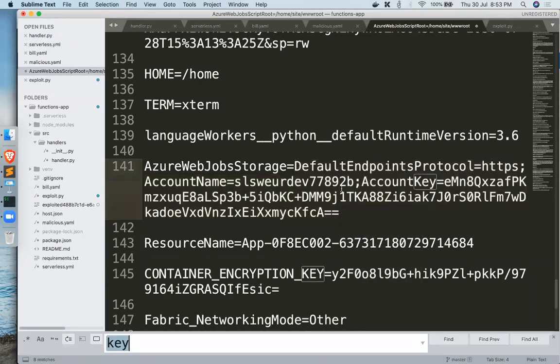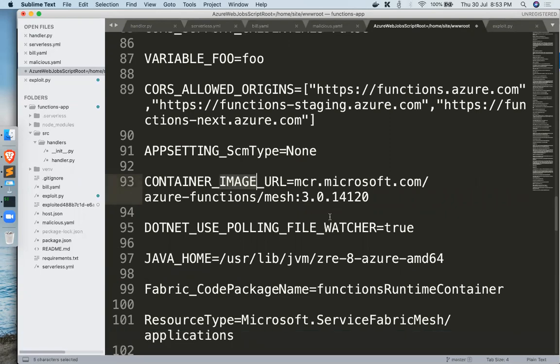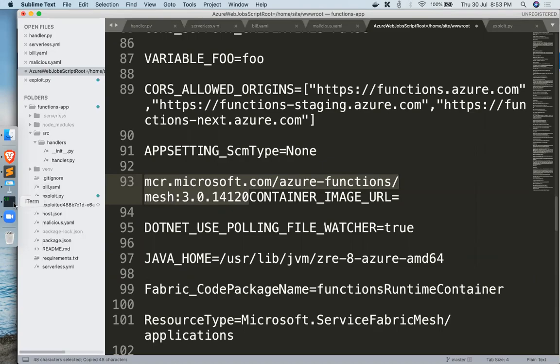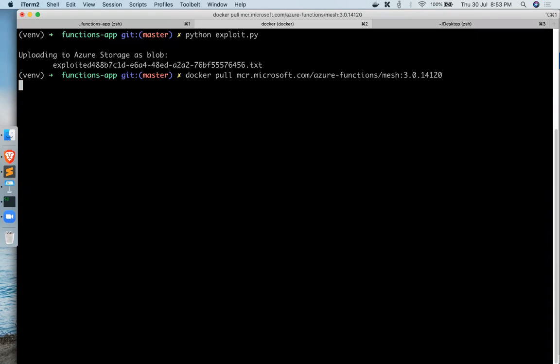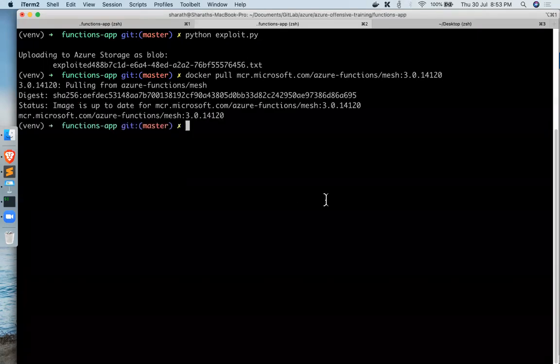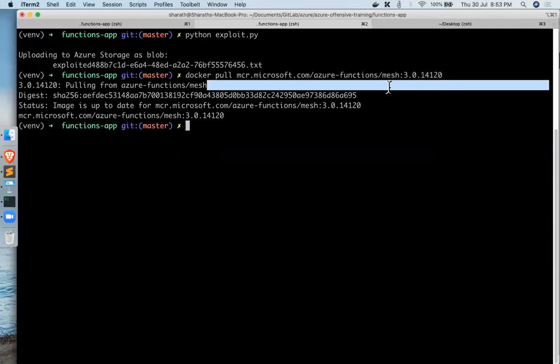And I also got to know Azure function runs some containers. I also looked for some container images. And when I try and download this, it will download that also, which was open for everybody to access. So if you see here, this particular container, which is open for everybody, and what I tried to do was,